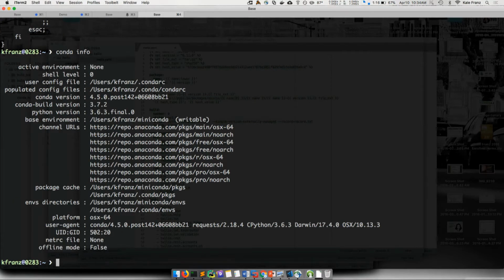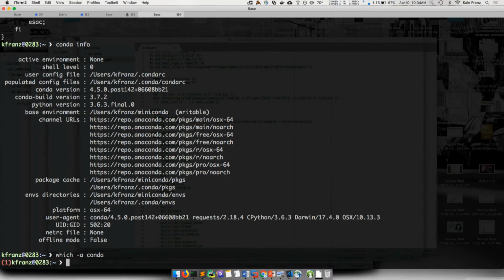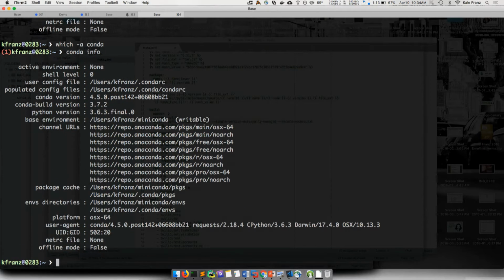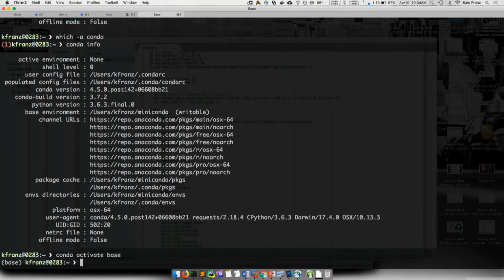Okay, Conda's good to go. There's no base environment active. So that's one thing about the shell. Conda as a shell command, I didn't automatically activate the base environment. There's no Conda on path right now. This is a digression. There's no Conda on path, but conda's still a command. That's because conda is a shell command, and if I activate base, now conda is actually on path.